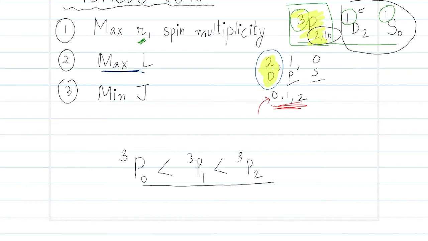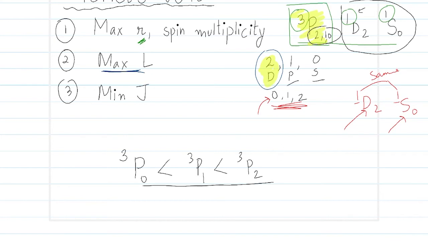so let me take another color. Among 1D2 and 1S0, which one has the maximum value of S? S is the same. Okay, this is the same. What is different? J is also different and L is also different, but we don't consider J at the last. So L is different and S is different. So which one is preferred? We take the maximum value.